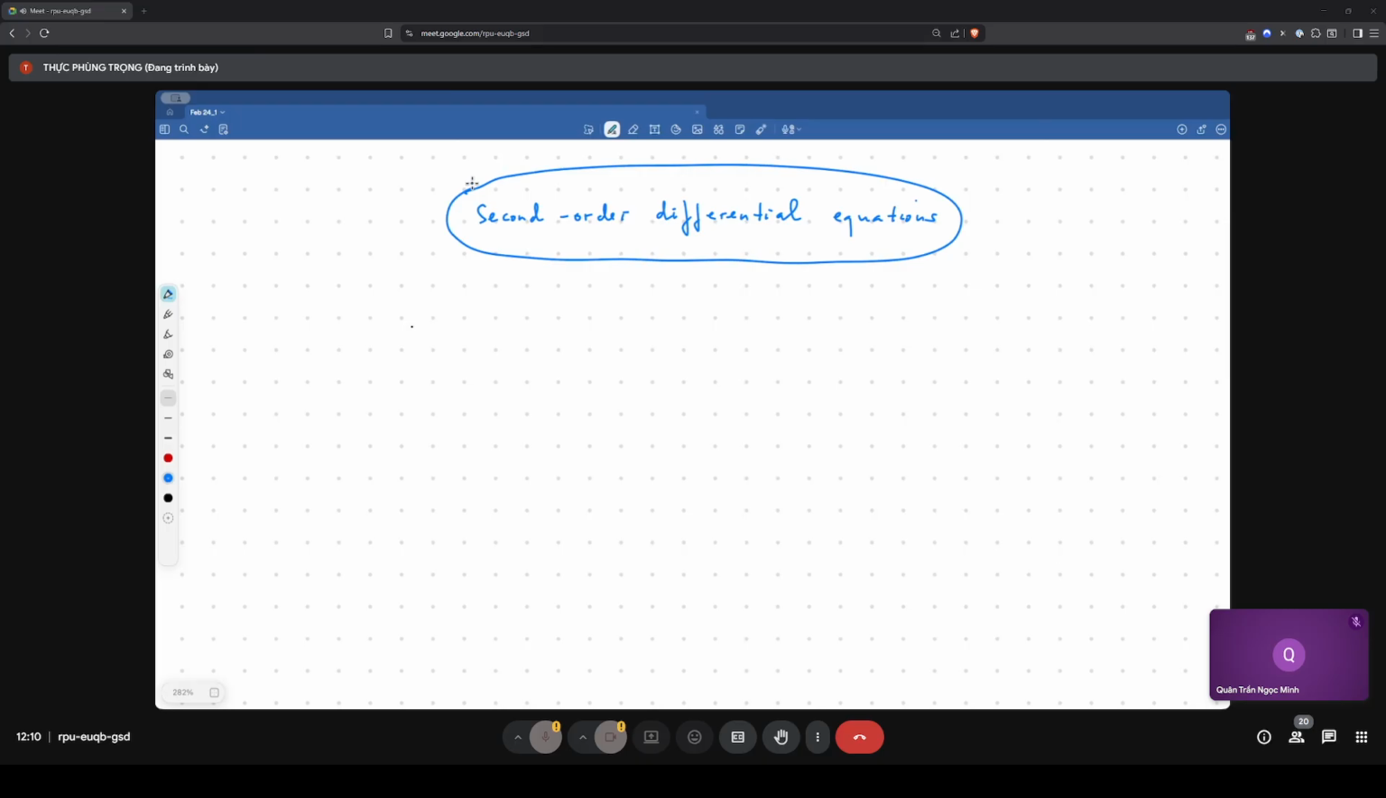Today we consider the second order differential equations. Specifically, we consider only linear equations. You may know that first order differential equations are already difficult, and we don't know